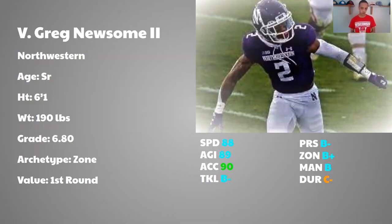He's not the quickest guy in the world. That's going to be the first thing that pops out to you. And he's had some injury concerns. I believe he had an ACL injury in 2018 or 2019. But man, he just has like Pittsburgh,